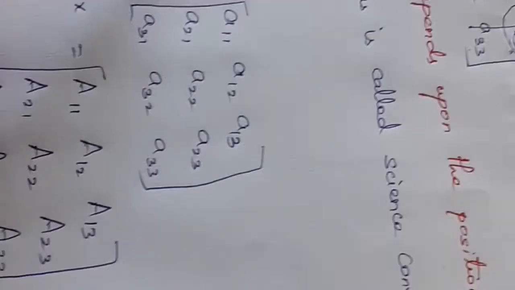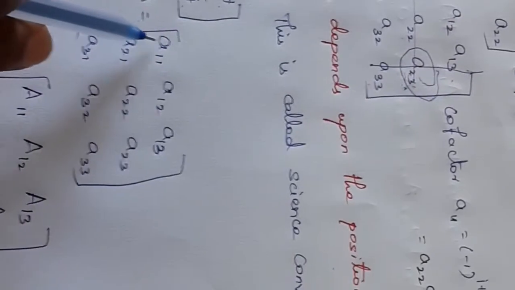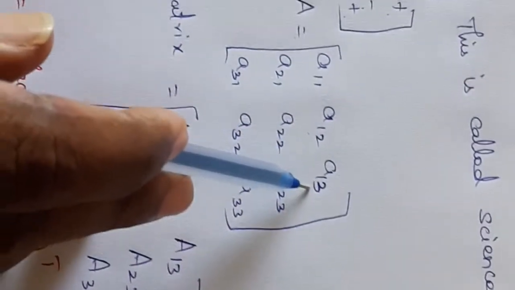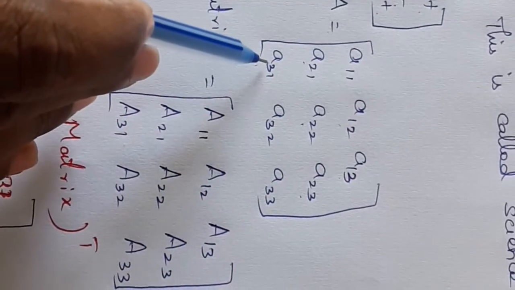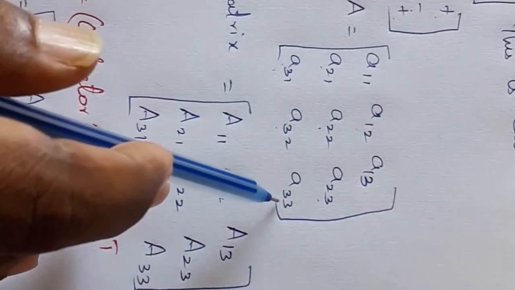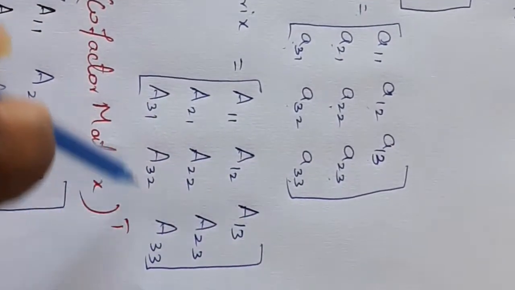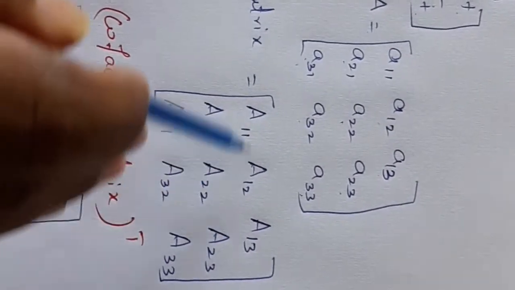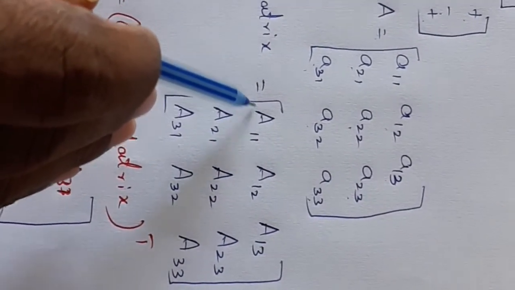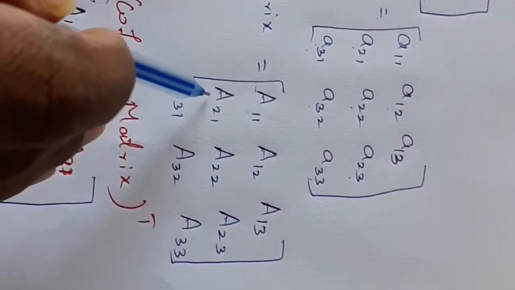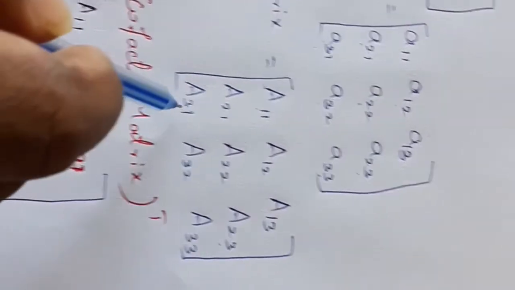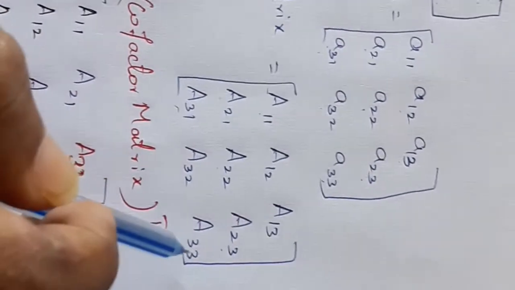If you need to find the adjoint of A, we have to take the matrix A equal to a 3 into 3 matrix, with small letters: first row A11, A12, A13, second row A21, A22, A23, third row A31, A32, A33. Then another one, the cofactor matrix, in 3 into 3 form, we take with capital letters: first row A11, A12, A13, second row A21, A22, A23, third row A31, A32, A33.